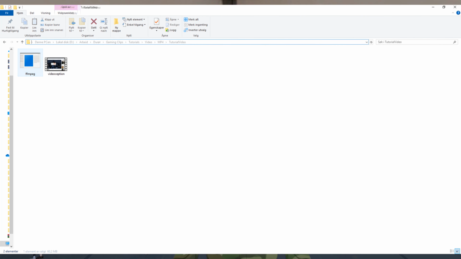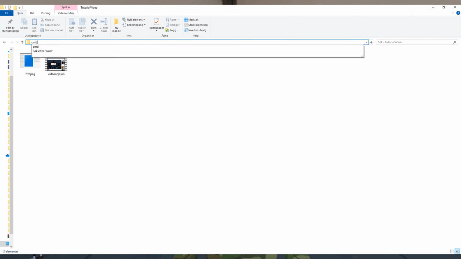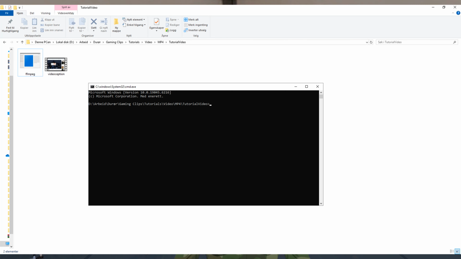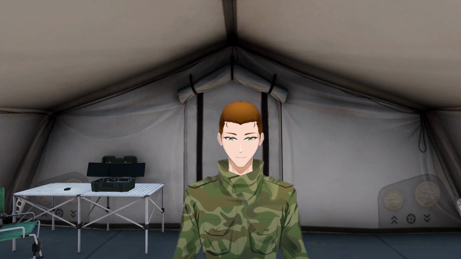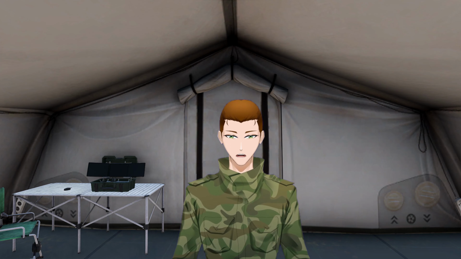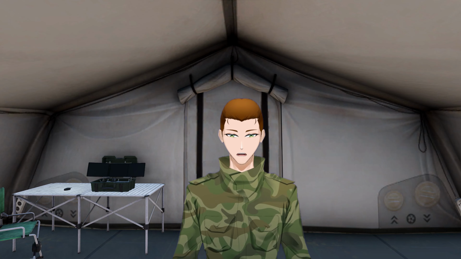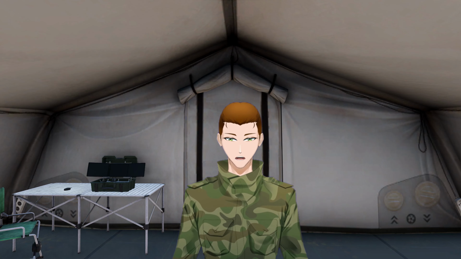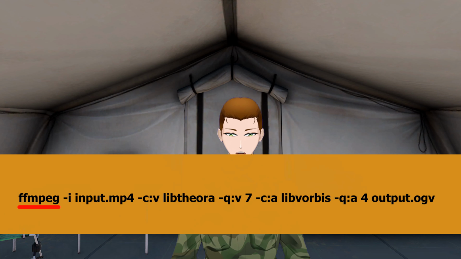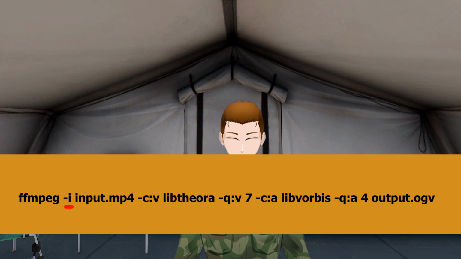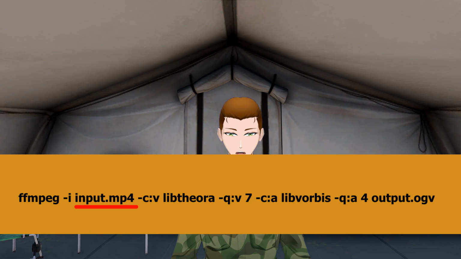Now, in the address bar of the File Explorer, write in cmd and press enter. This will open the command prompt with the folder already set as its path. Then, to be able to use the FFmpeg program to convert the file we want, we need to use this code. ffmpeg -i input.mp4